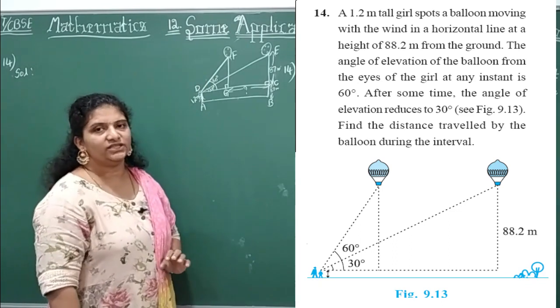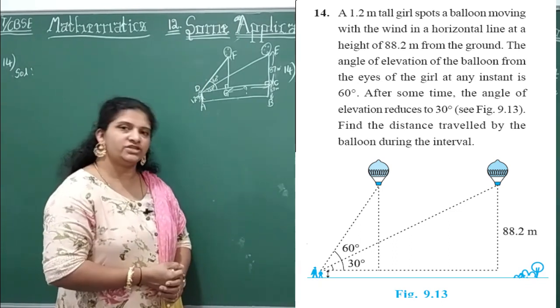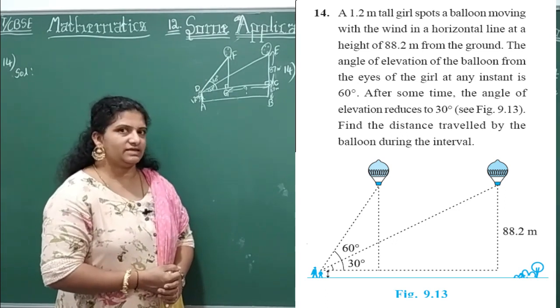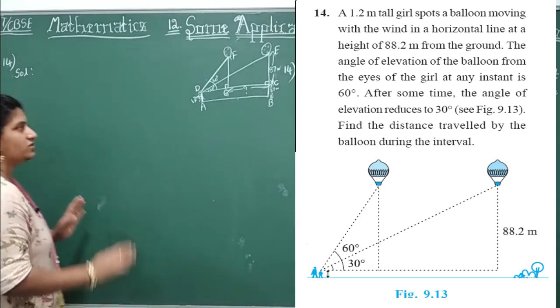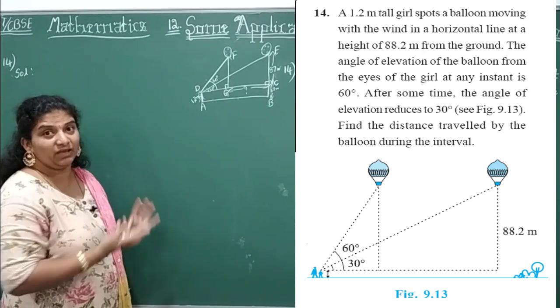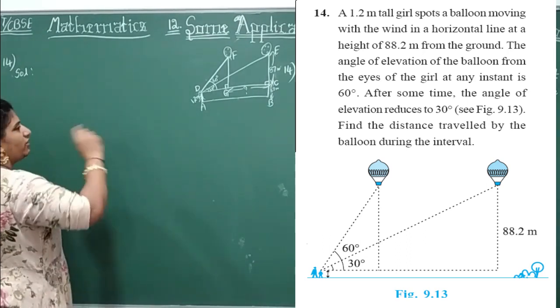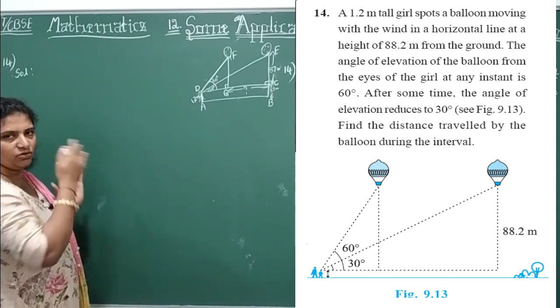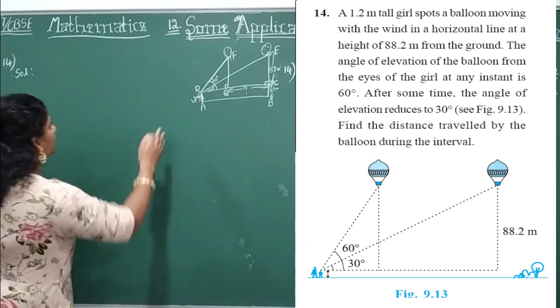Directly the angle of elevation is given, opposite is given, and they are asking for adjacent. Which ratio do you remember? It is exactly the tan ratio. Okay, let's start the problem here. So understand the problem carefully. It is very easy. It looks to be a lengthy question, but it is nothing, right? Let's start here. Everything that is in your question, you are going to frame as sentences. Then let me start the problem here.